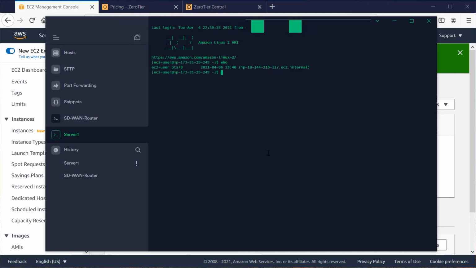We now have connectivity from our desktop across the SD-WAN through the router that we've built in our Amazon VPC